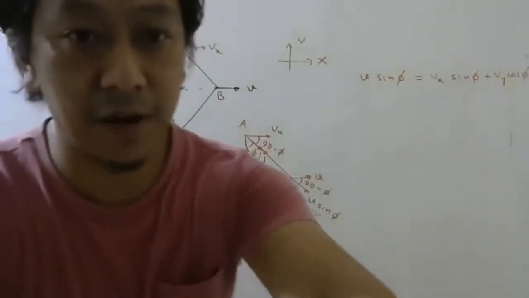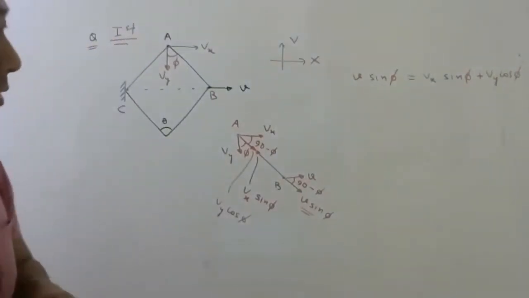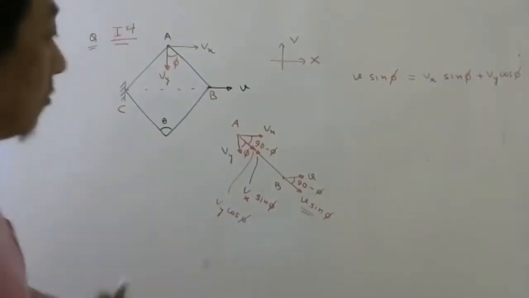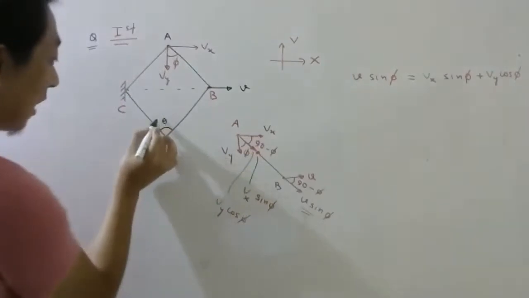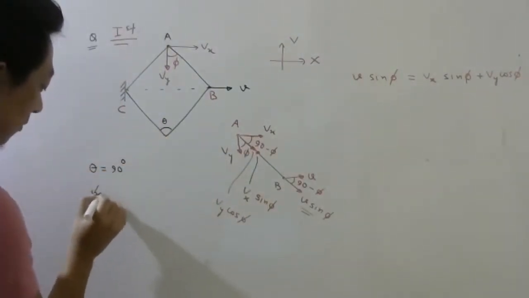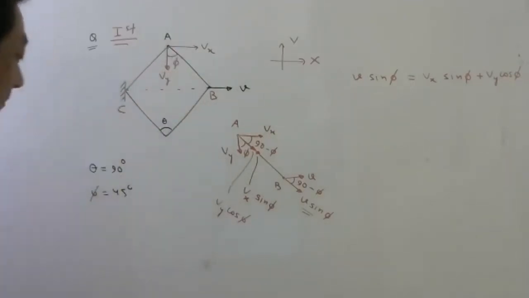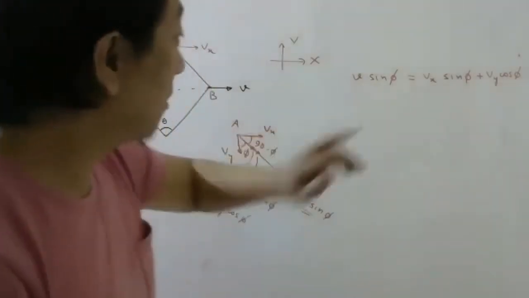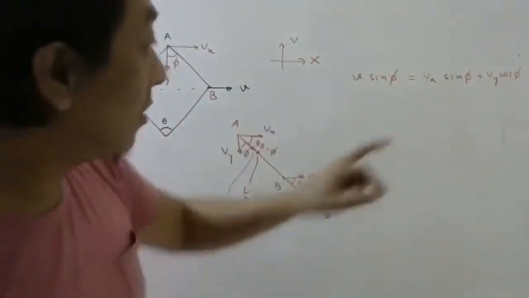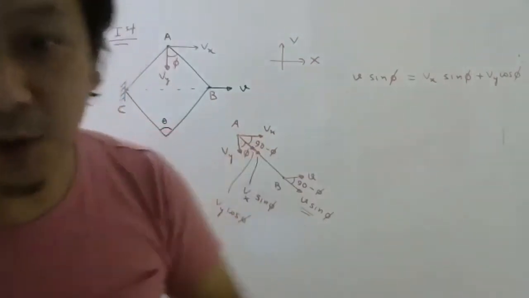Okay, in general, I'm trying to calculate. So phi we know, because when theta becomes 90 degrees, phi will be 45 degrees, because phi is half of this angle, right? So phi we know, v they have given. So we have found one equation with vx and vy. We need one more equation.